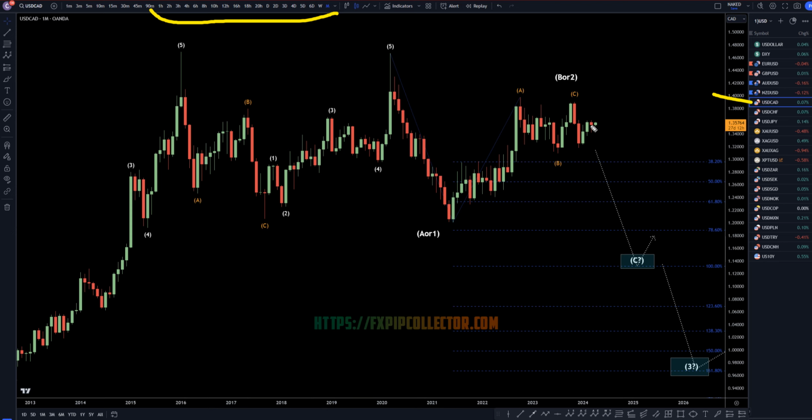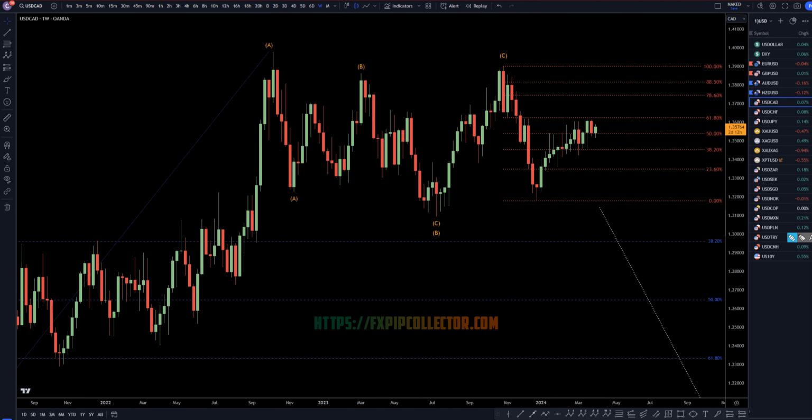So on the dollar CAD, we definitely have been going up for quite a while now, but I still think this move up is a crutch into this move down. I still think this is going to go down for a wave C or maybe even possibly a wave 3, depending on whether this is an A or a 1 or this is a B or a 2. Either way, definitely not important to know the difference as of yet, I don't think.